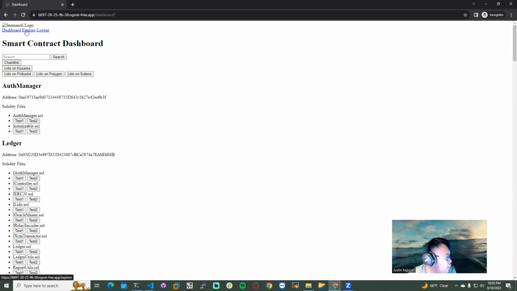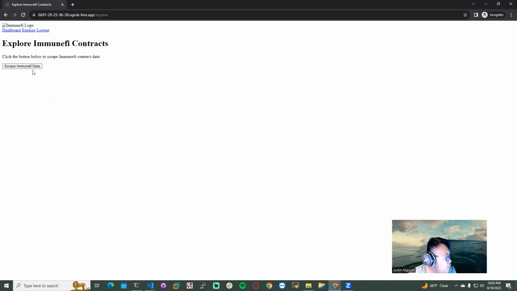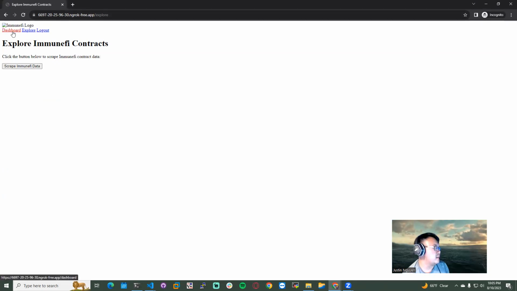And also in the future, when we explore, we'll be able to scrape and search for more types of bounty eligible targets that we find on Immunefi and the other bug bounty programs that we disclose.